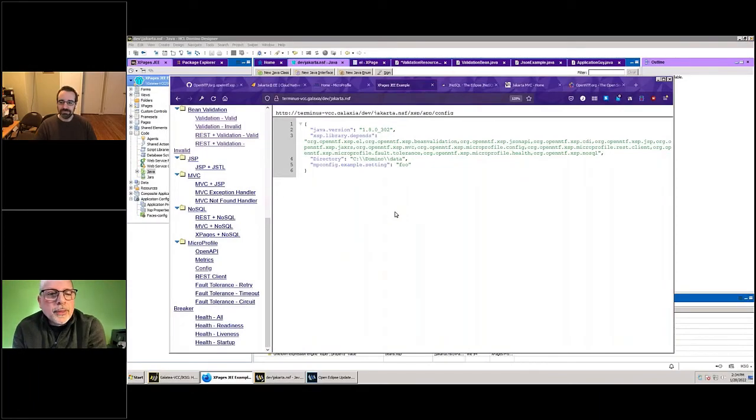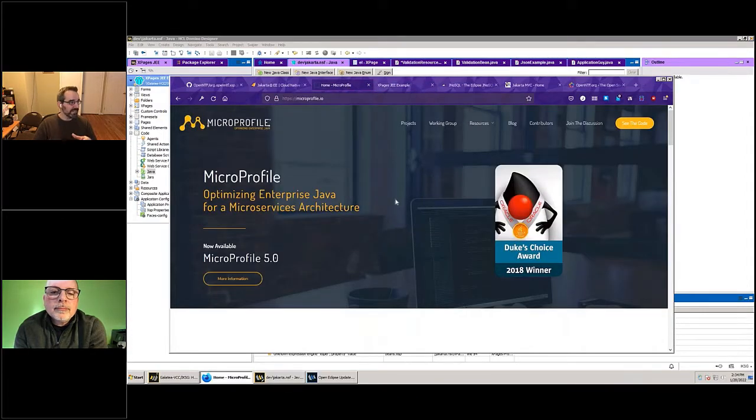Right, the next cool thing that we want to talk about is MicroProfile. Go ahead. Yeah, so MicroProfile, the way it describes itself, is optimizing enterprise Java for a microservices architecture. You don't have to care about any of those words. I mean, optimizing is good and Java is good, but the rest,